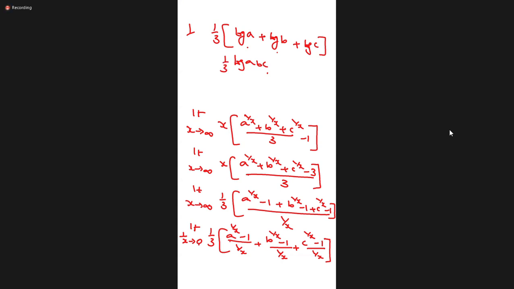Now logarithm property, you know, multiple means it will go to the power. That means what you will get? Log of (abc) power 1 by 3. What I told you, final answer, write e power. E power log, e cancel. So what you will get? (abc) power 1 by 3. Finish.